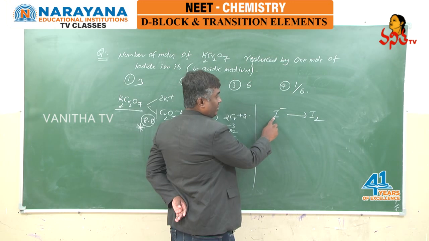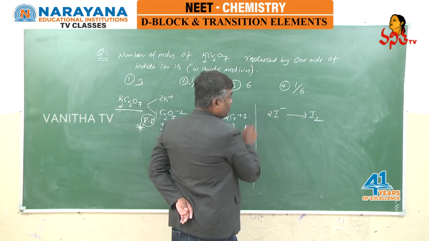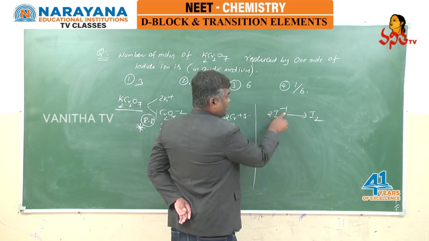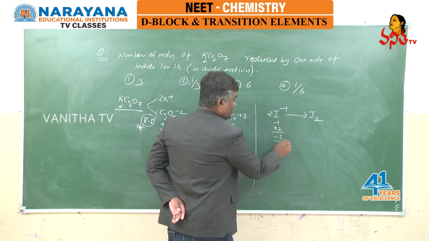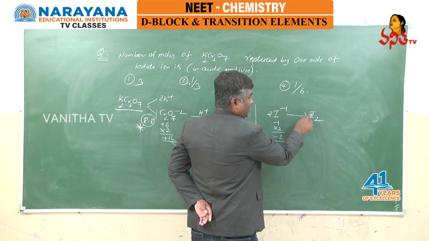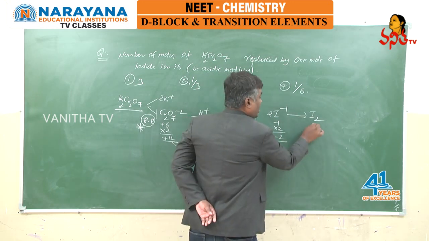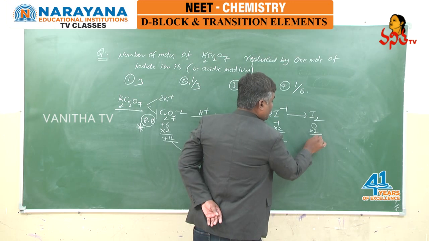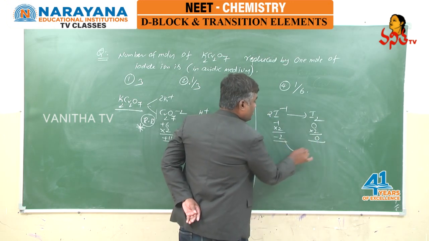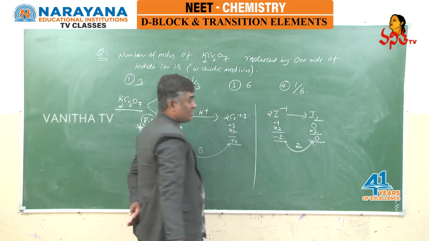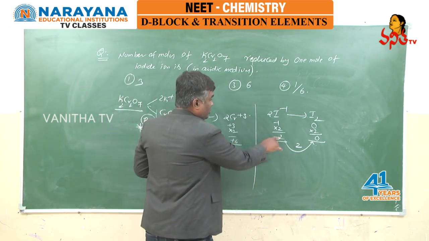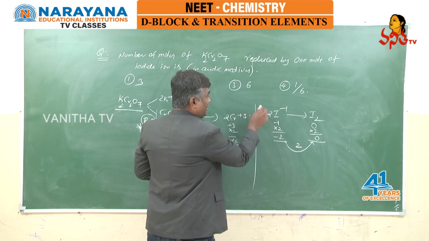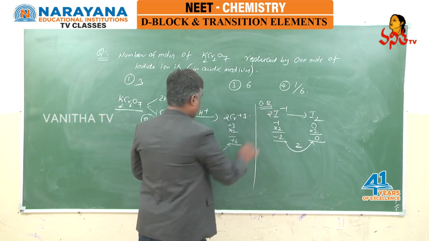Reactant side we have only 1 iodine, product side 2, so make it 2. And here each iodine is exhibiting -1. Such 2 iodines are there, so into 2, -2. Here iodine in the molecular state exhibits 0 oxidation state. Such 2 iodines are there, so it is 0. -2 is becoming 0, so change in the oxidation number is 2. And here -2 is becoming 0, means oxidation number increases. So this is oxidation reaction.